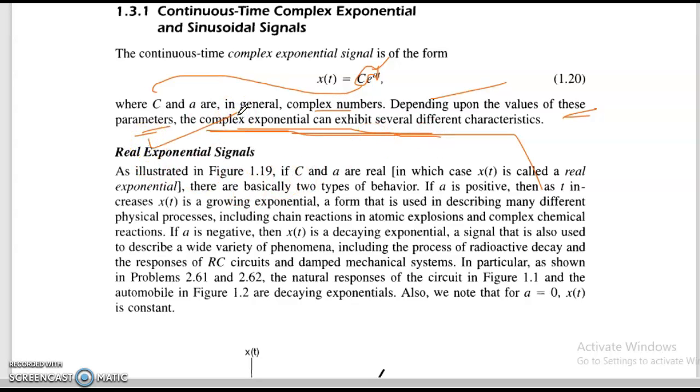Real exponential signals. As illustrated in figure 1.19, if C and a are real, in which case x of t is called a real exponential, there are basically two types of behavior. If a is positive, then as t increases,